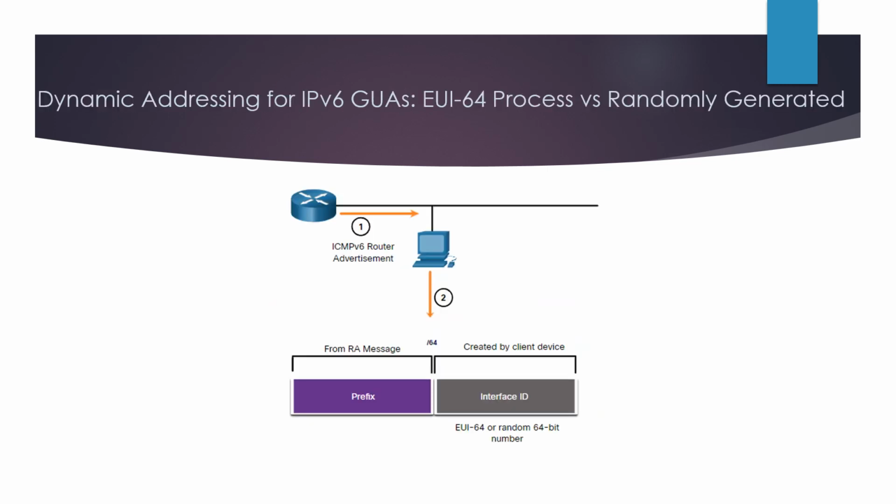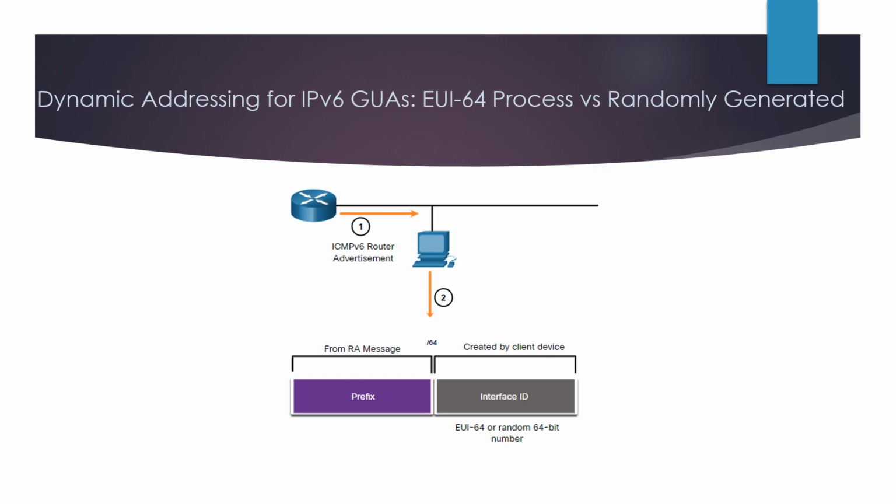And when the router advertisement message is either using the first method, stateless auto configuration, or stateless auto configuration with stateless DHCP version 6 server, the client must generate its own interface ID. The client knows the prefix portion of the address from the router advertisement message, but must create its own